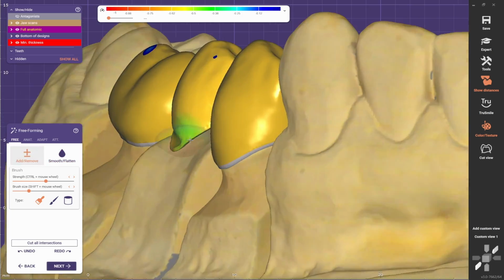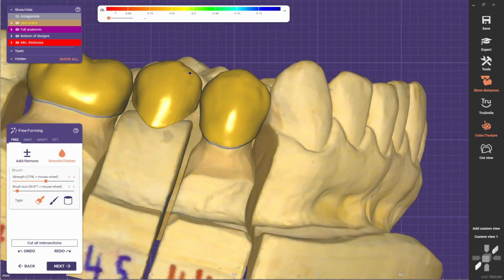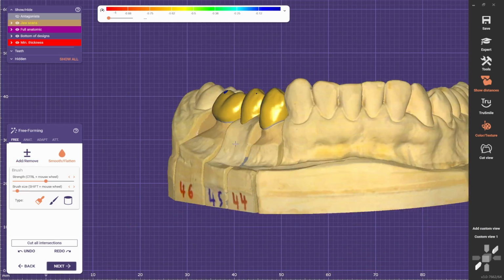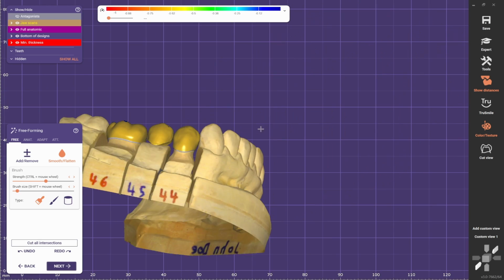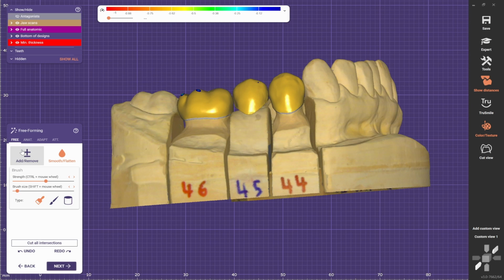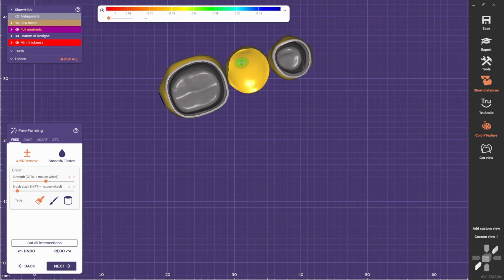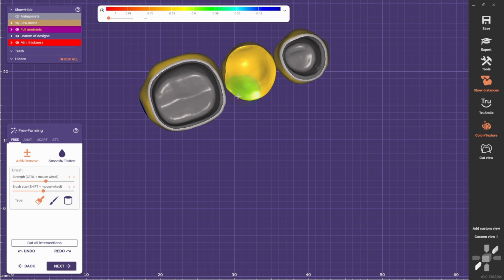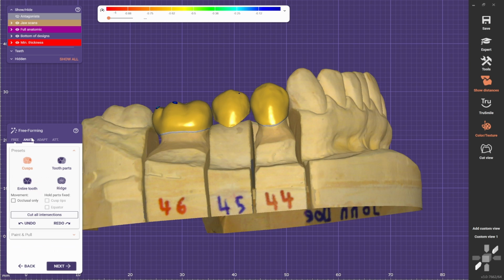Something like this. We need to add to make the pontic touch the soft tissue. How are we going to do this? So we can either add here by adding material until it touches, or probably we can use